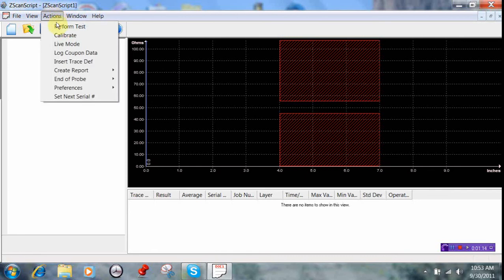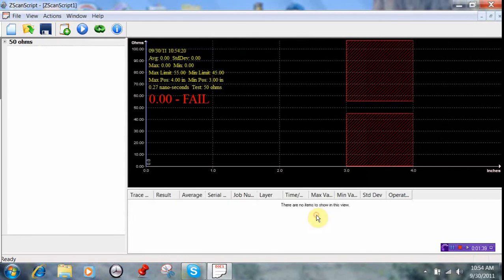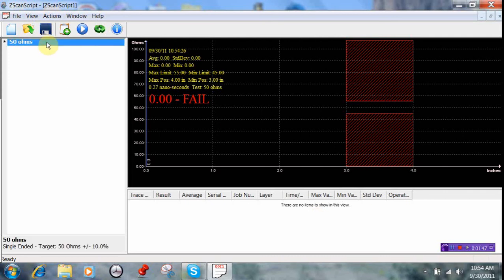Very easily done. Click on Actions, click on Insert Trace Definition. The system has defaulted to a 50 ohm test, which is one of the most common. I know, looking at the coupons, that this trace window is a little wide, so I'm going to shorten that up to 5 inches, and I'm going to save it. So what I have done now is I've created a 50 ohm test, you can see here, and I'm going to make sure we've got